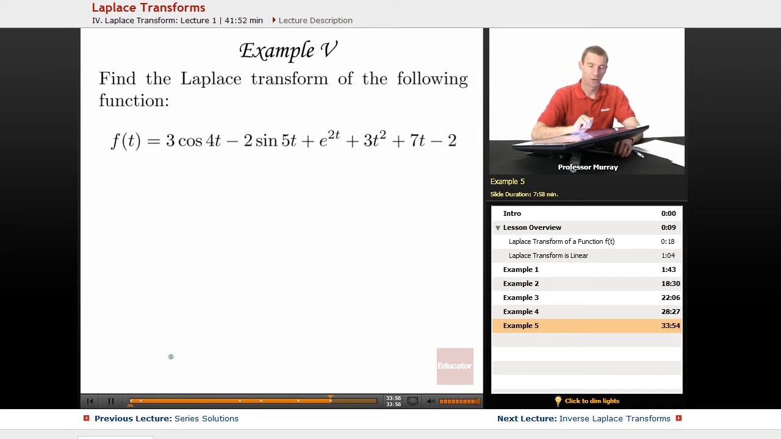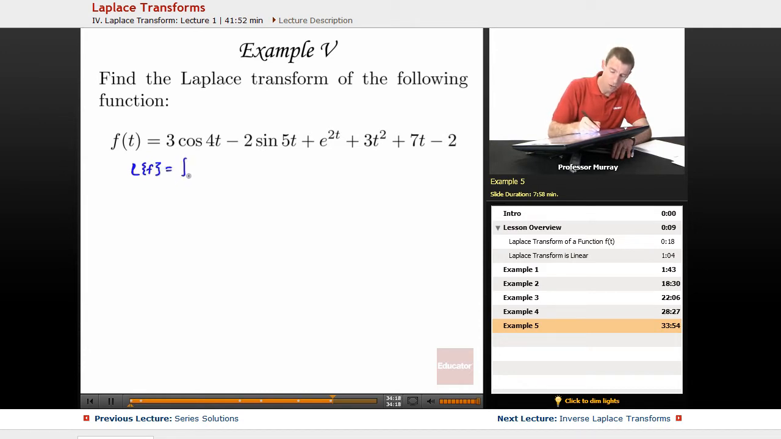Final example, we have a very complicated function. F of t is 3 cosine 4t minus 2 sine 5t plus e to the 2t plus 3t squared plus 7t minus 2. And we want to find the Laplace transform for that. Now, if we use the definition of Laplace transform, by definition,